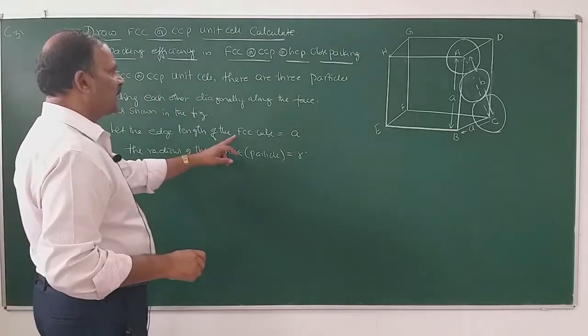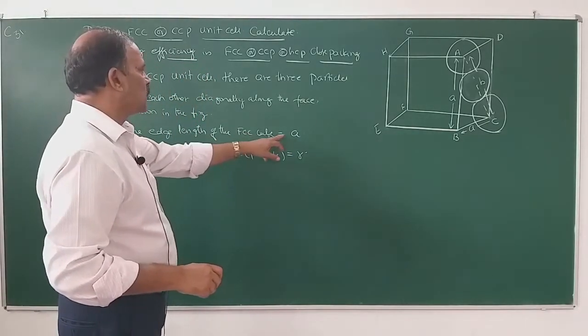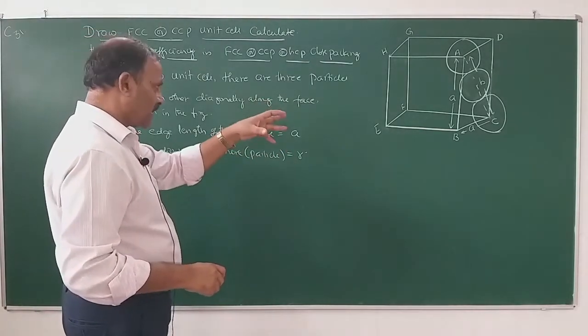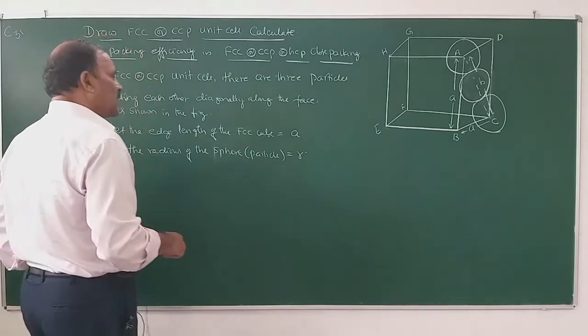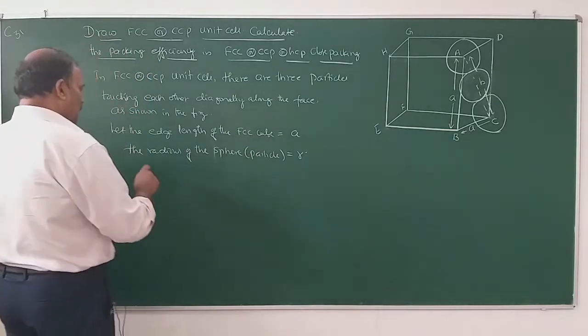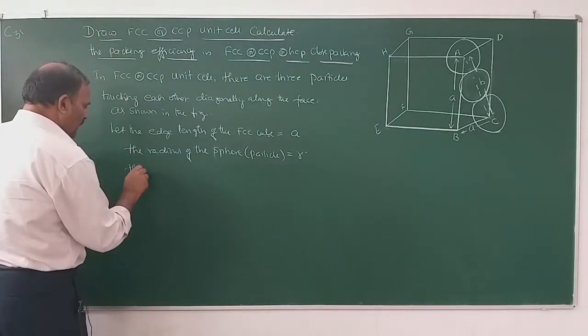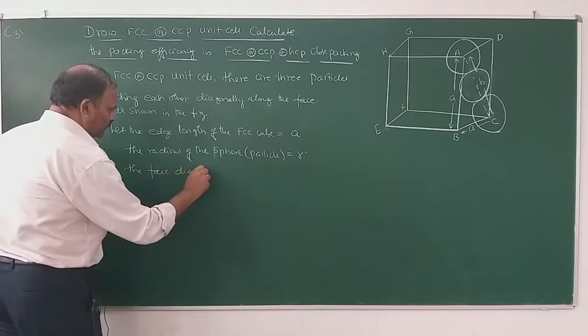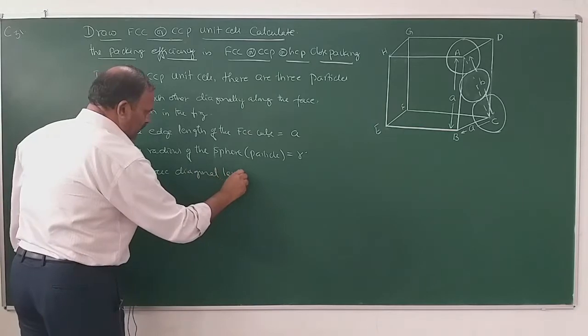Let the edge length of the FCC cube be equal to a, the radius of the sphere or the particle be equal to r, and the face diagonal length